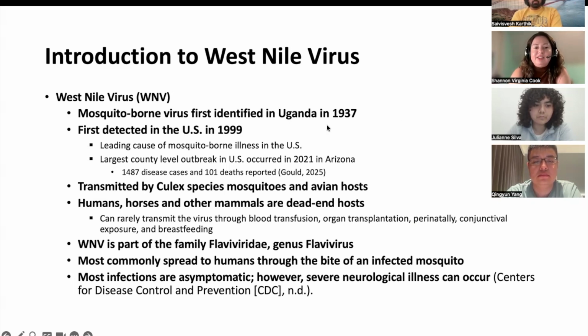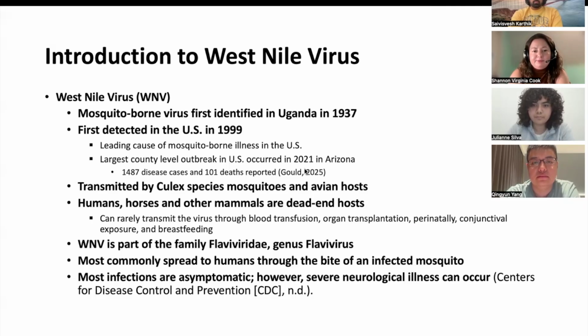The West Nile virus is part of the flavivirus family and most commonly is spread to humans through the bite of an infected mosquito, as mentioned earlier. Most infections are asymptomatic, however, severe neurological illness can occur. Approximately 80% of infected individuals have no symptoms, but about 20% develop a febrile illness. The severe neurological illness happens in about 1% of patients. And this disease is found in other areas globally, but for the purposes of this project, we're focusing on the